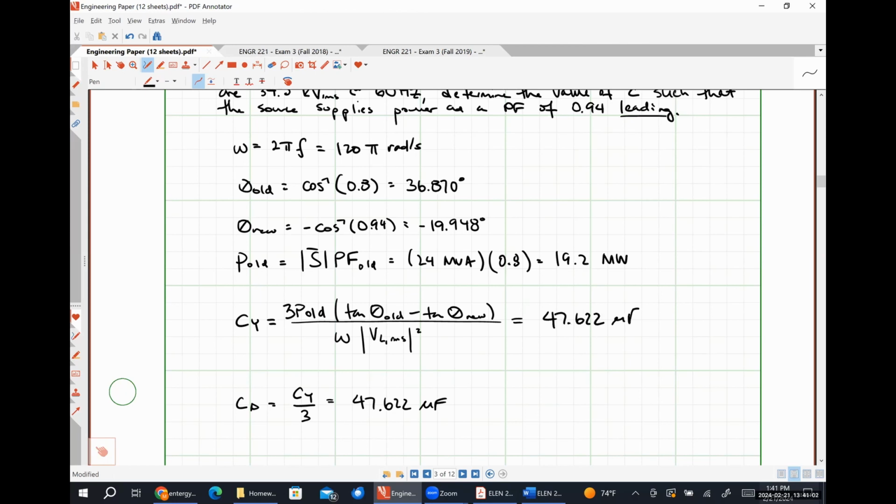So I was about to say, one of the mistakes that I see you make the most is this, and then I just realized that I definitely made that mistake. The mistake is that I should have divided this by 3, because I want the P old for a single phase, not for all 3 phases. So that would change this to 19.2 over 3, which is 6.4